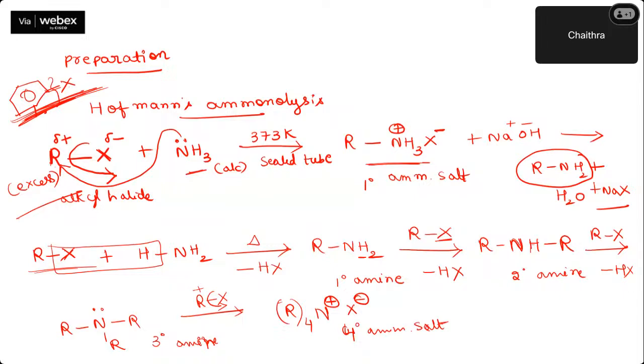Okay, so let me show one example to you. Then you will understand in a clear manner. Now I used an alkyl halide, right? Can you tell me what the reactivity order of alkyl halides is, guys? X stands for what? Halogen. So what are the halogens you have seen in the periodic table? 17th group elements: fluorine, chlorine, bromine, iodine. We don't take astatine and tennessine and all. You can remember fluorine to iodine.